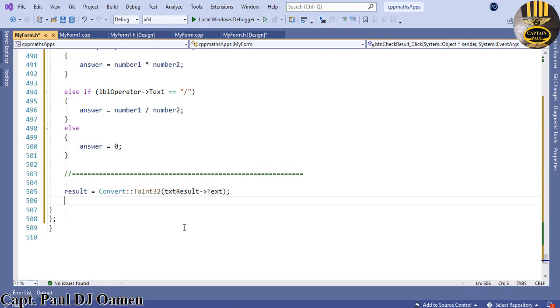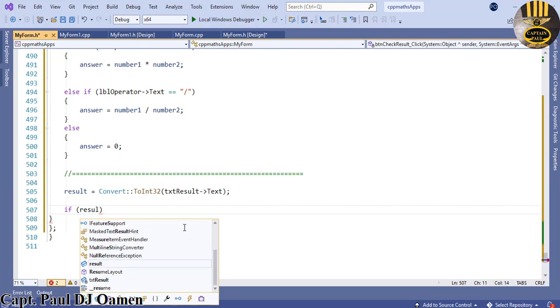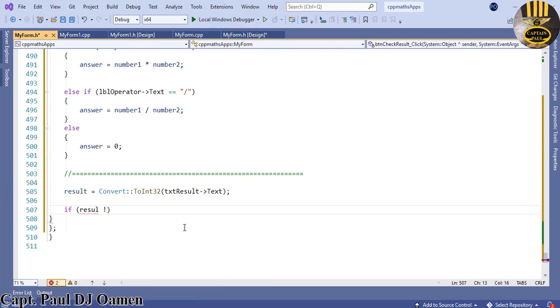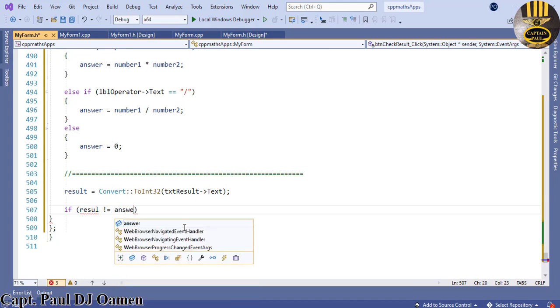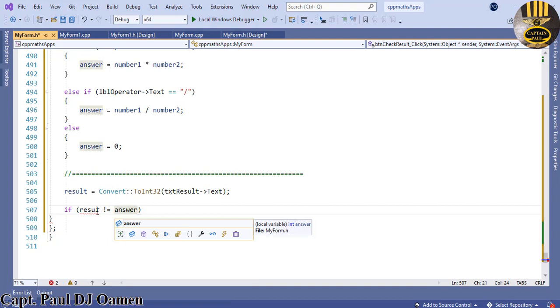Now using an if statement, if result is not equals to answer. So if result is not equals to answer,